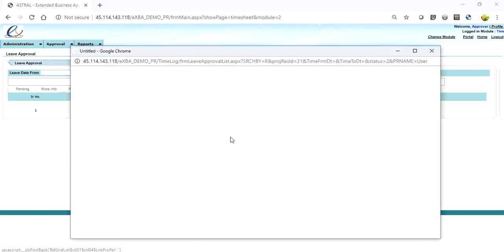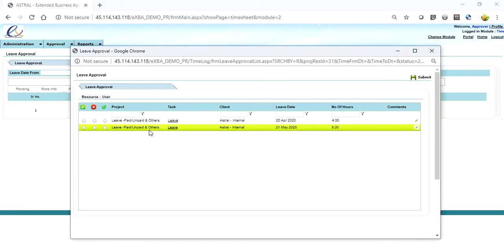So you can just click on this. This is the entry for which we have applied. So what the user can do is he can either click on this on the top to select all and approve all the entries in one go. So no need to select individual entries and then click on submit and save it. So he can directly click on this, or he can click on reject all.